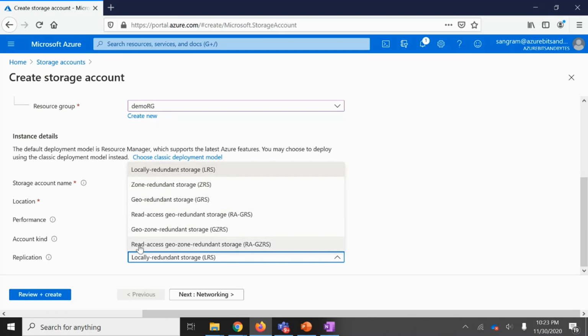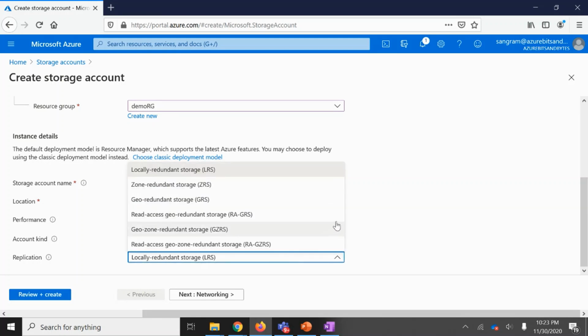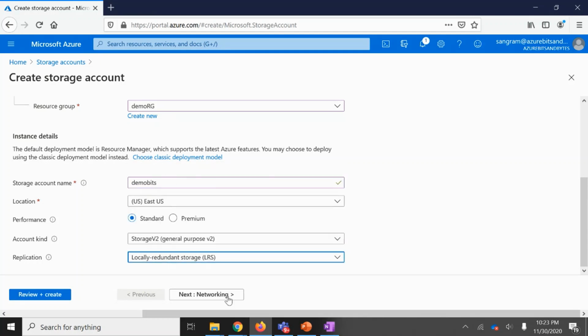And then advanced to it, it is read access geo-zone redundant storage, which has all the features which you got in geo-zone, plus the files will be read from all the zones of all those three data centers. That is RAGZRS. And from a use case perspective, if it is a lower environment like dev or testing, you can always choose LRS, but for a higher environment, try to choose GRS or more. That is purely a true disaster recovery solution. Anything from GRS is a true disaster recovery solution.